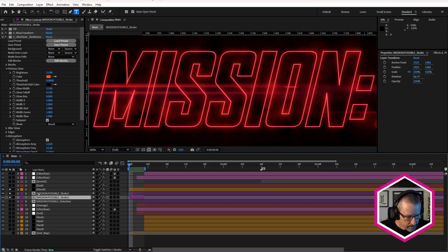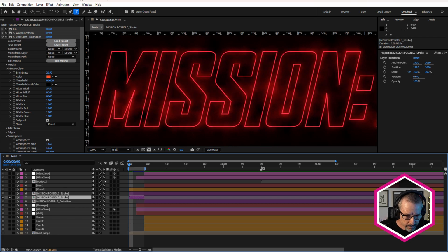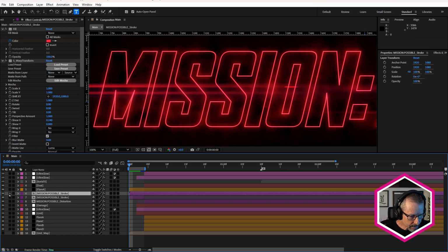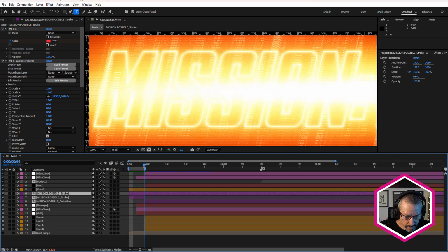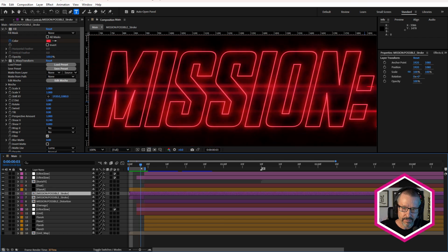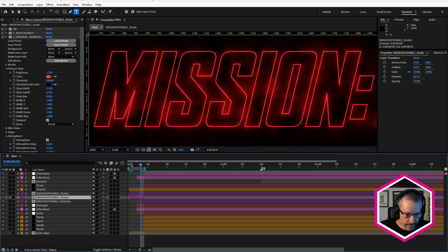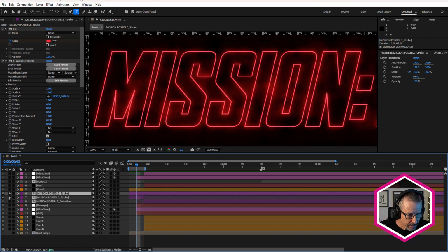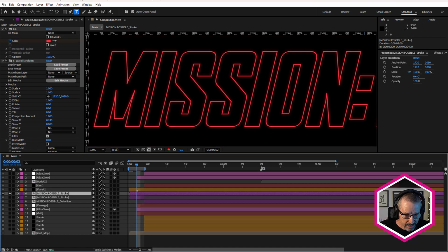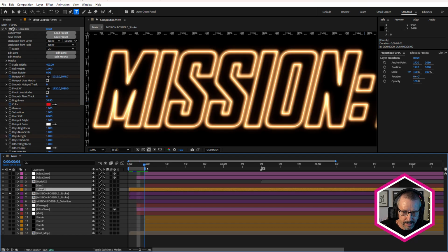So back in here, what I'll do is just isolate that one. In the actual look, if we just unsolo these, it actually goes really bright like that. Okay. So rather than doing everything on one stroke layer, I've just separated them. This one is the sort of smoky red one at the beginning. And then this one here starts red, but then does that.